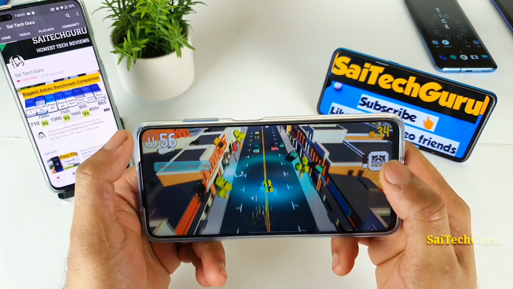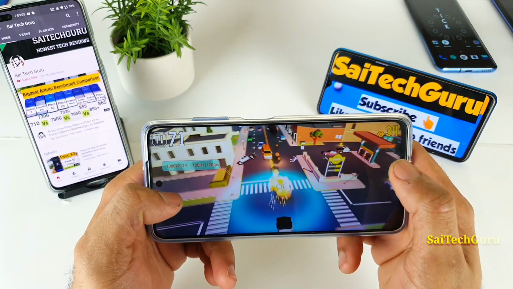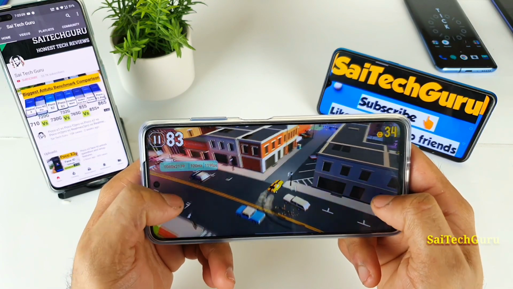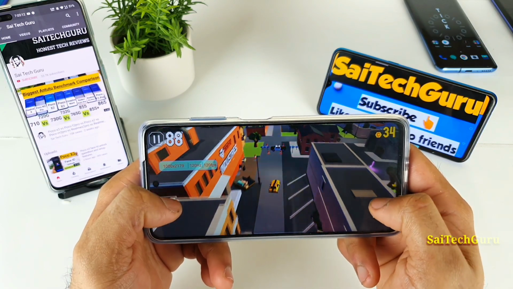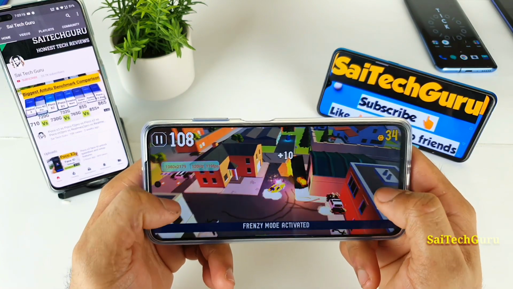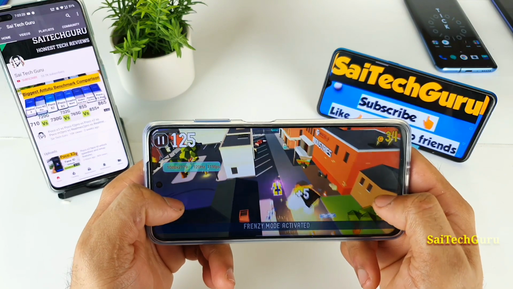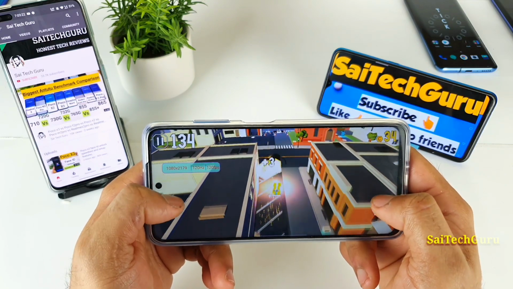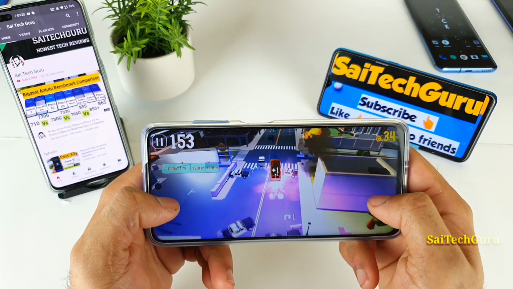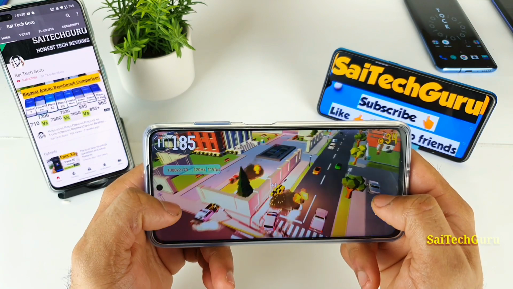So instead of relying on the top game turbo FPS meter, I would use this real time FPS meter. So every time I can keep track of the FPS count, how much it is. I'll try to use this kind of FPS meter most of the time in my videos when I'm explaining about any games. Even I did try the PUBG Mobile 90 FPS support test using this default FPS meter, but it did not show up in the default FPS meter.